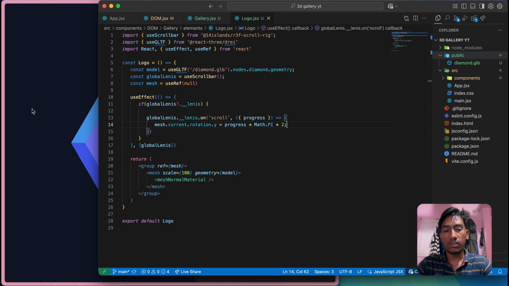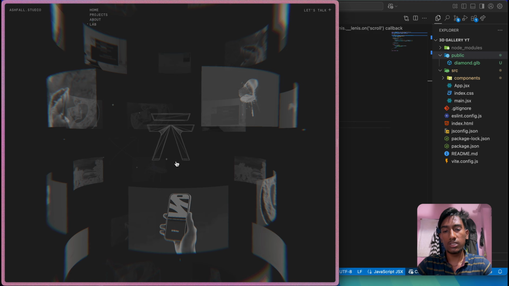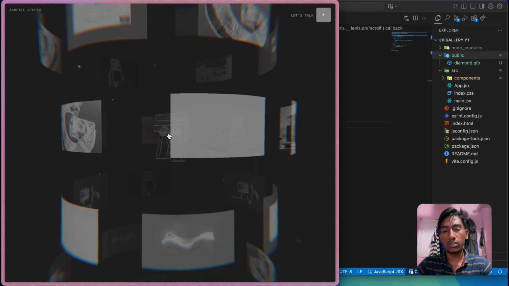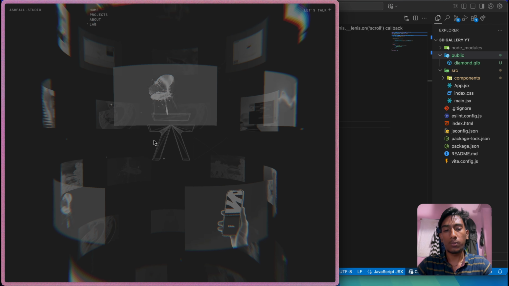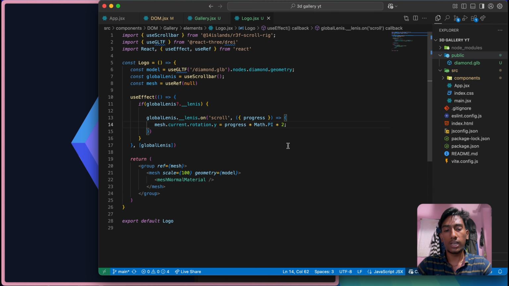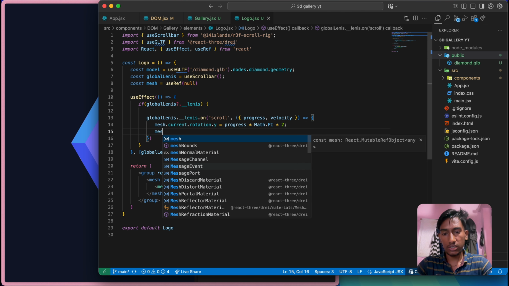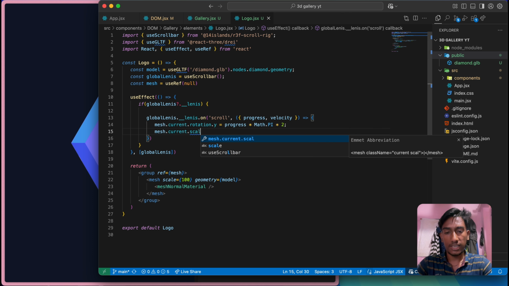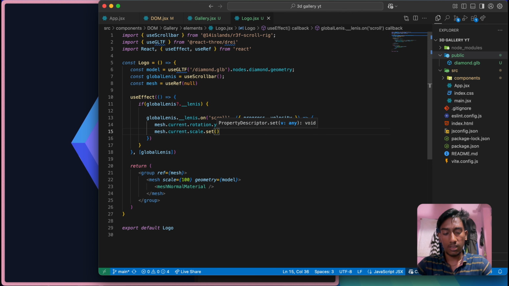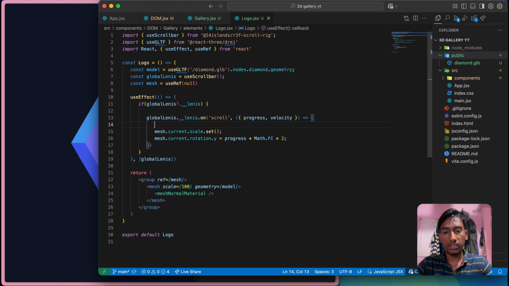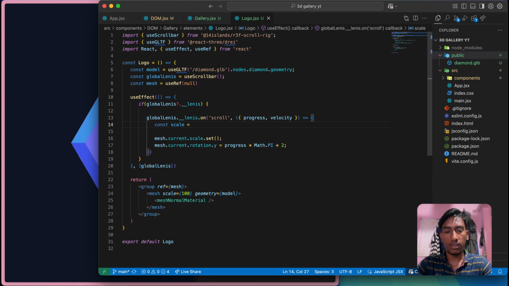Now if we come to this site, you can see this logo also scales down and again comes to its original scale if I just stop scrolling. So we are going to do that. To do that we need the velocity, so velocity and mesh.current.scale.set, and I'm going to create another variable here, const scale, and give it velocity because we need to modify it a bit.